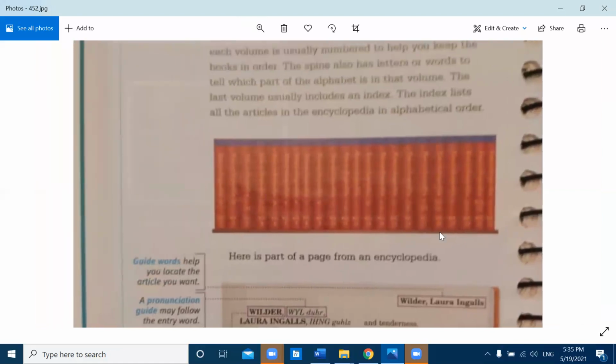This is what we call a set of encyclopedias. And the set is not very clear, but there are 22 books in the set. So if you can see, each yellow line of writing that you see is a separate book. They are numbered from 1 to 22 on the spine of the book, which is the back part here that closes it, keeps it all together. There are letters written on the books as well, and those letters tell you which letters are included in each volume. For instance, here we have,